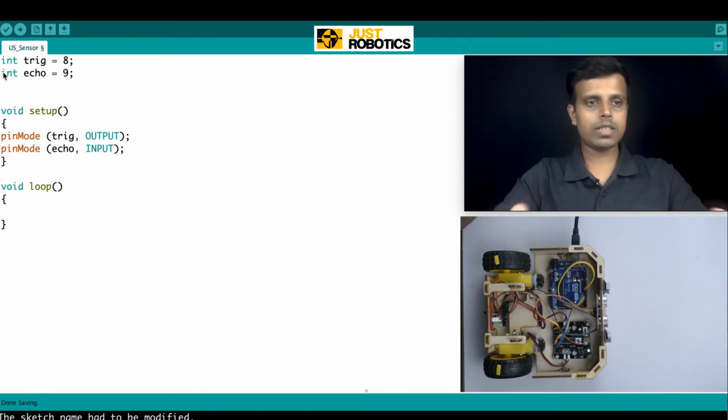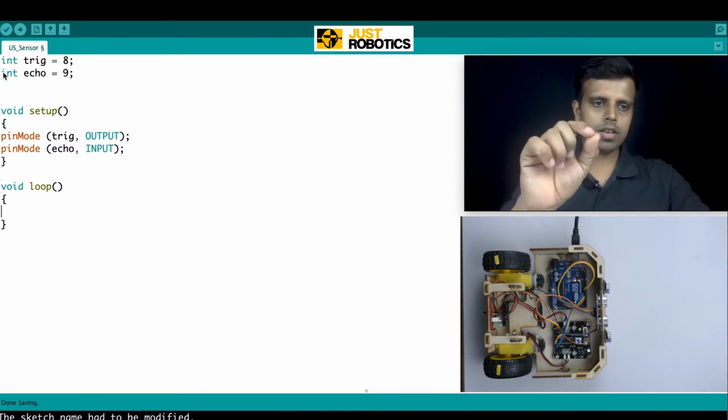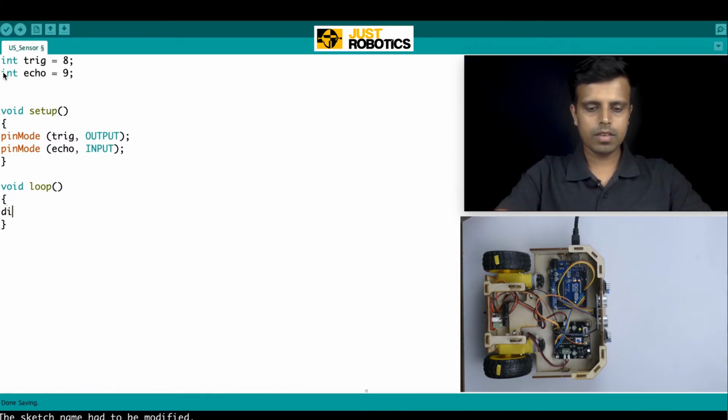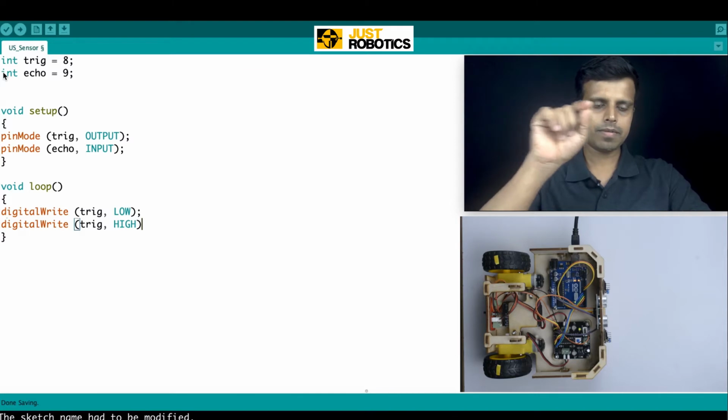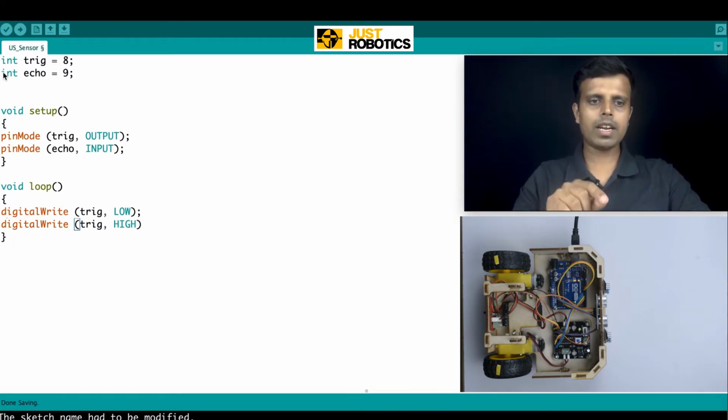So the first thing I do is trigger. How do I trigger? I make the trigger pin low for a while. Digital write trigger low. I make the trigger pin low, and then I immediately make it high: digital write trigger high. Now I press the trigger, it's on, and I have to immediately make it low